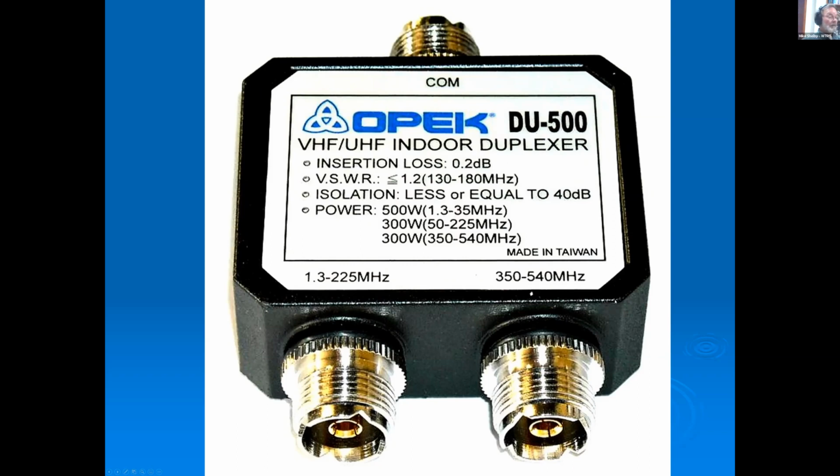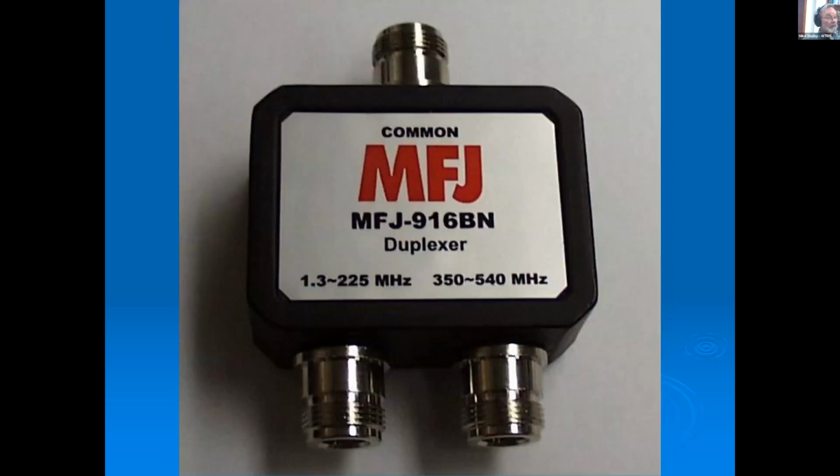So let's talk about the good old MFJ one. I watched a really good YouTube video on it, and I'll just give you the high points so you don't have to watch the whole thing, because this guy took it and ran it through a VNA, vector network analyzer. We had a recent discussion about that, and they took a look at its performance. It did pretty nice as far as impedance. Impedance was right where it should be. The losses were pretty darn close to what it was, but one of the things they found here is that if you wanted to use this for